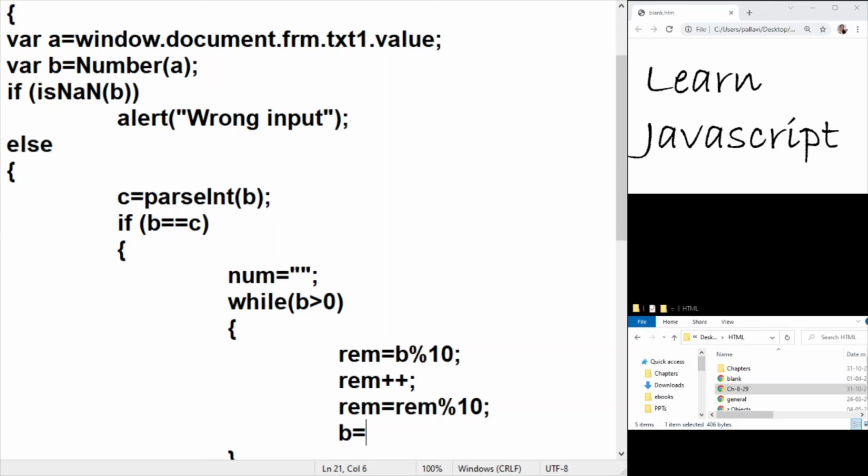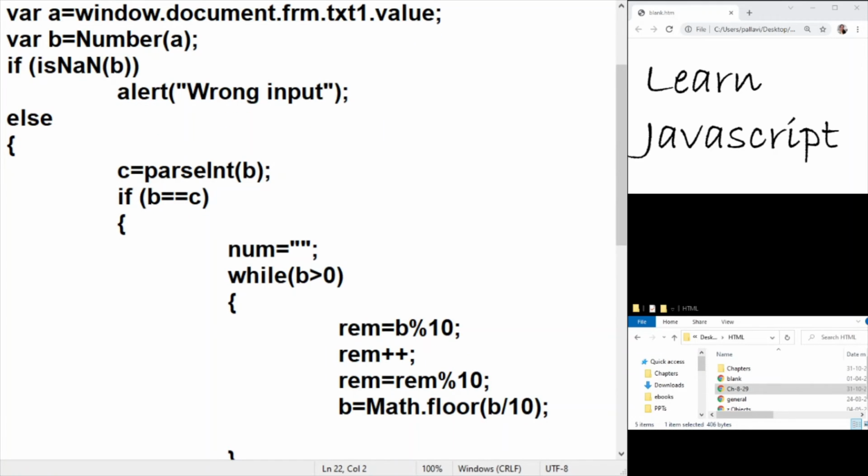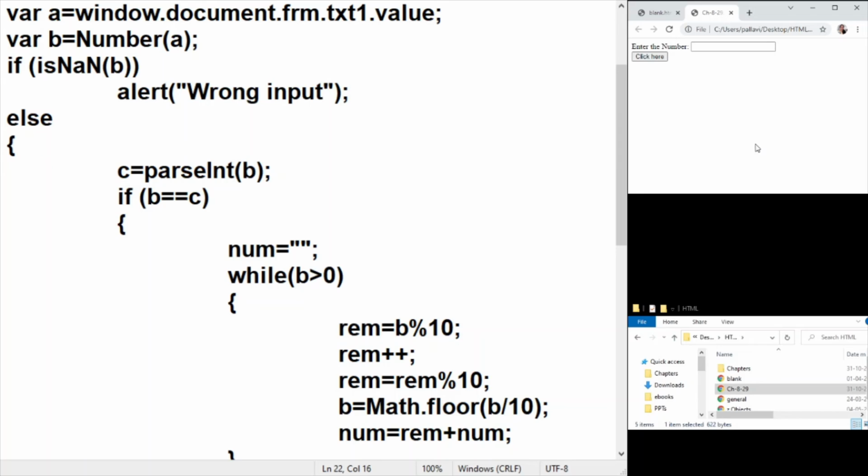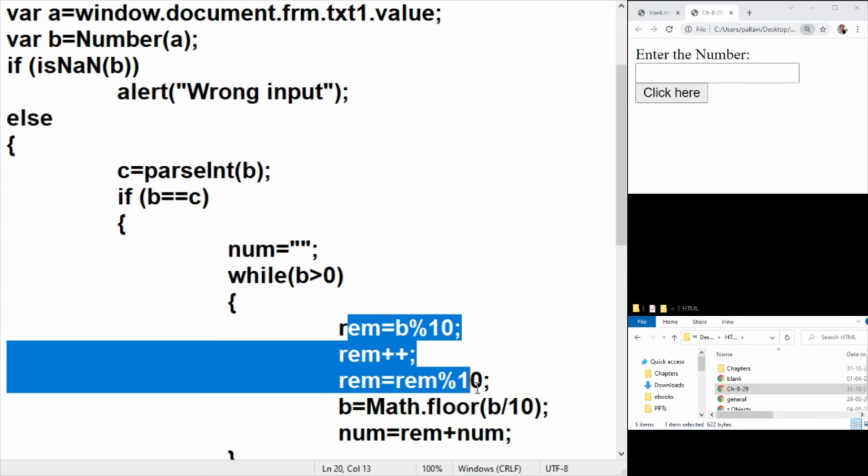And finally we'll have to reduce the number. So I'm going to divide it by 10, which would give me the fractional part, and I will discard the fractional part by using the floor method of the math object. And finally, I will have to prepend the value of the remainder. So every new digit will be added before, because we are going from the last digit towards the first digit. So if you take a dry run of this code, you would actually be able to understand what these three lines depict. Okay, so when I enter 123, I'm getting 234.